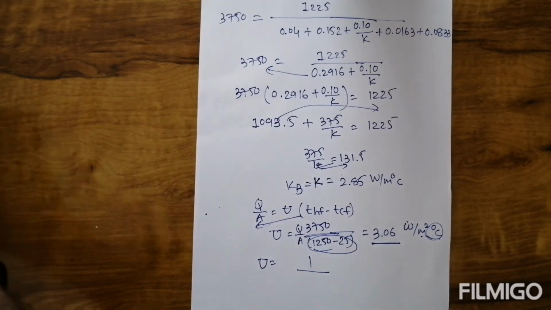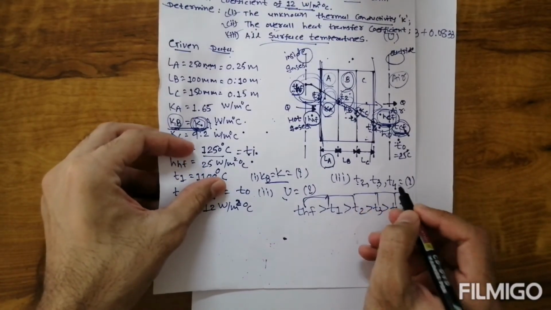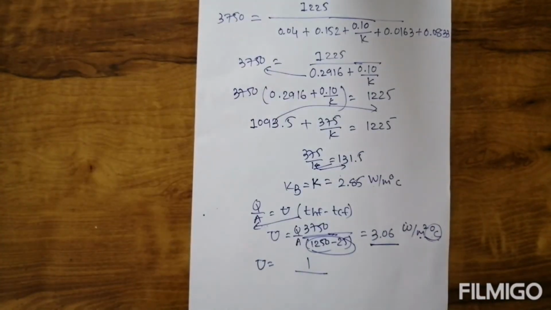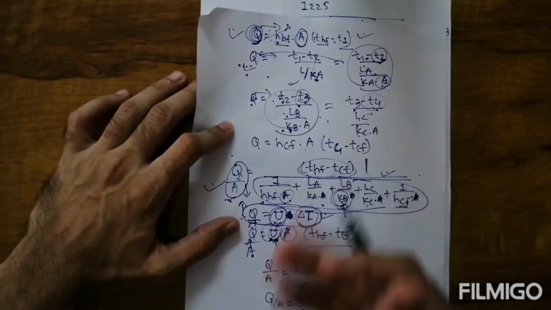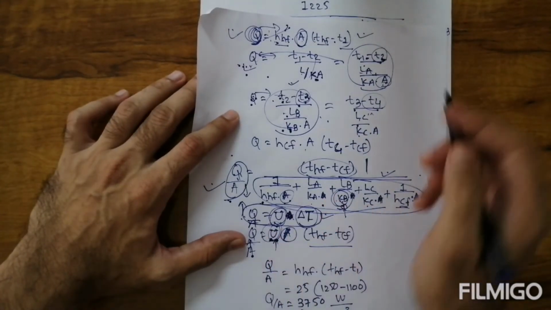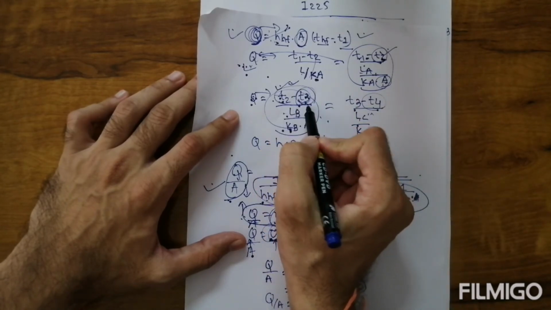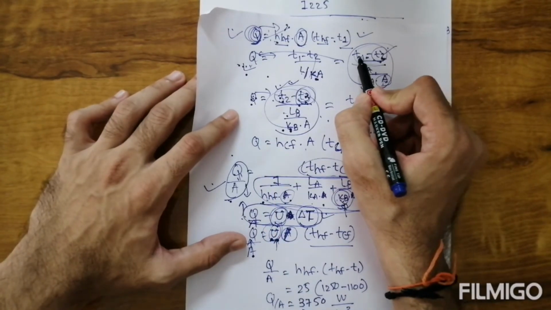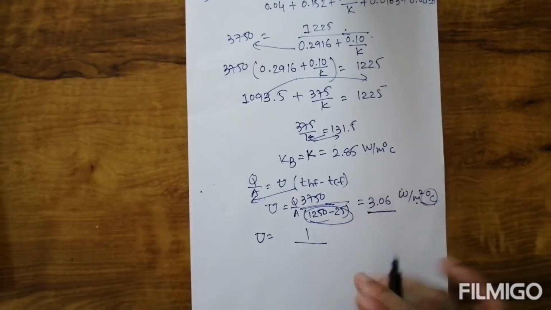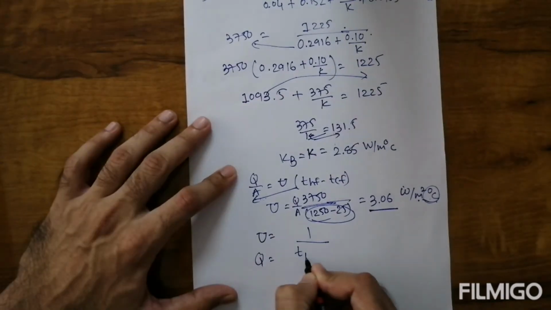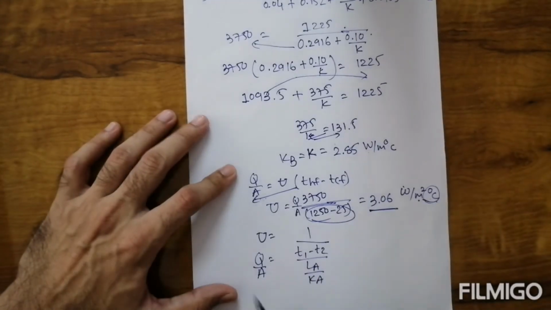Now our target is to determine the temperatures T2, T3, T4. How can we determine them? We already wrote each and every equation for the rate of heat transfer. Which equation has T2? T2 is present in this equation and in this equation. But if I consider that equation, T3 is unknown. If I consider this equation, T1 is already given and Q by A is already found, the remaining parameters are given, so we can find T2. So we consider Q is equal to T1 minus T2 divided by L by KA, with the area taken to this side.